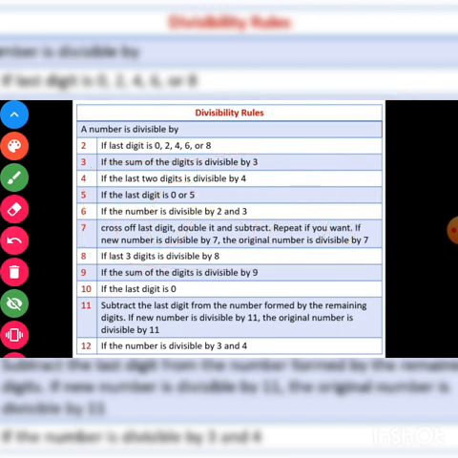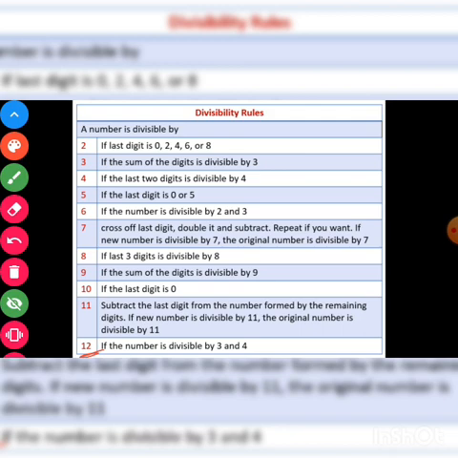One more last example, 95. 95 is ending with 5, and since it is not equal to 0, it will not be divisible by 10. Now, the divisibility test of 11 we will study in the next session. First of all, we'll study the divisibility test of 12, and then I am going to explain the divisibility test of 11.